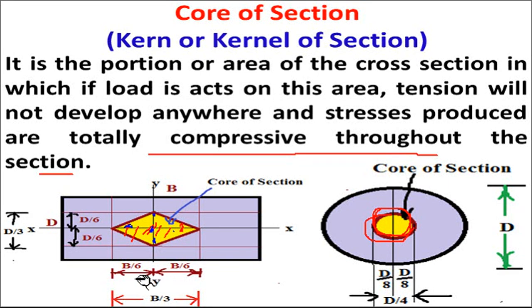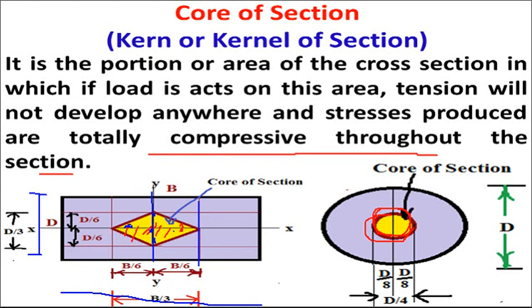Now, what is the distance? The distance is nothing but d by 6. It is the depth of the base or column, and this is the width of the column. This dimension is the width, this is b. When the load acts from the center, b by 6 from this side and b by 6 from this side. If you add these, the total will be b by 3, because the total width is divided into three parts: first part, second part, third part. It will be b by 3 plus b by 3 plus b by 3. The addition of all three will be b.